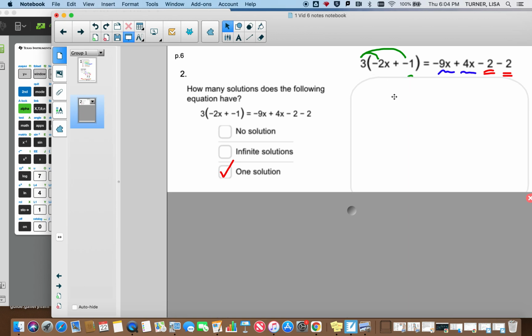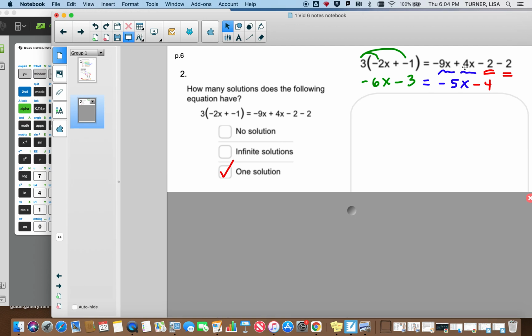So look at this first problem. I rewrote it over here on the right because you got to show your work on this. So I'm going to distribute. So draw your distributing lines on the left, and notice there's no distributing on the right. There's like terms though, so I underline them in blue and double line of red. And so I'm going to do those all in one fell swoop here. If I distribute, I get negative 6x, and then 3 times negative 1 is minus 3. Notice I made it a minus 3, equals a negative 9 plus 4,